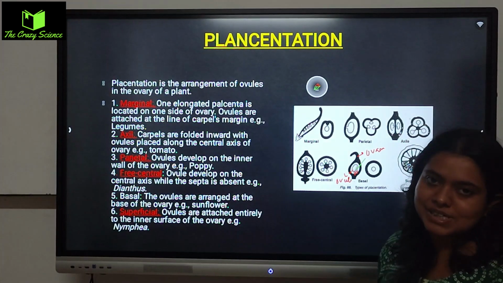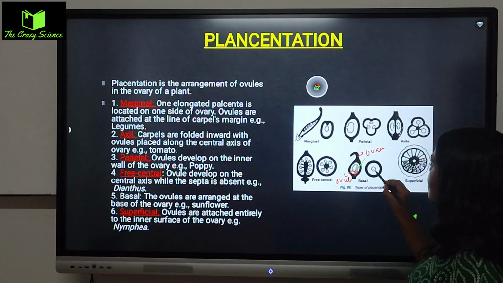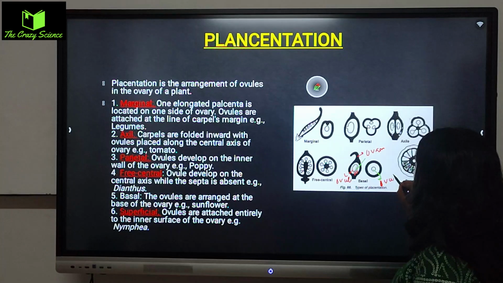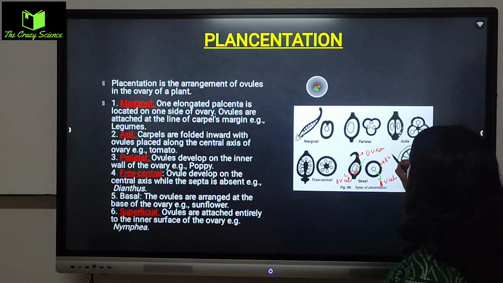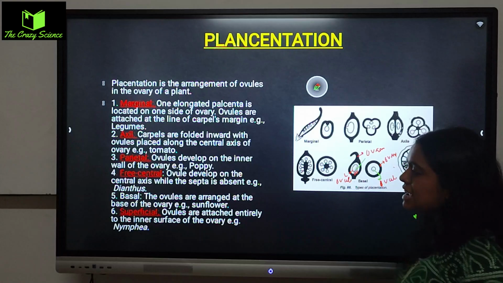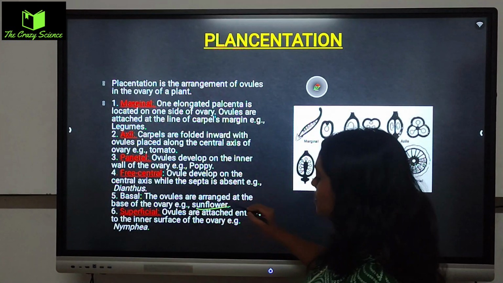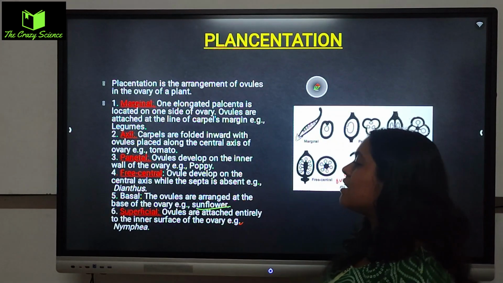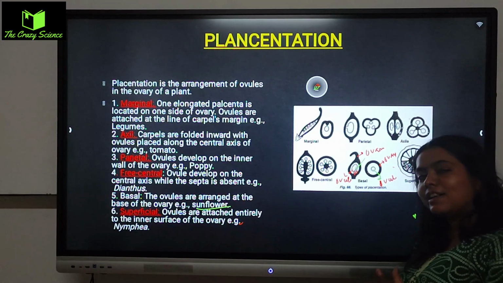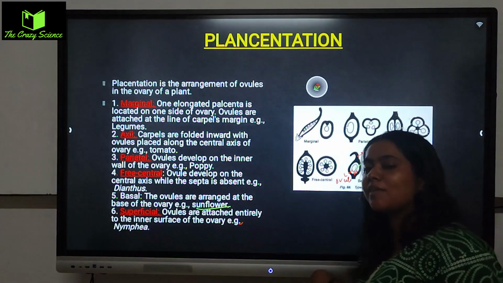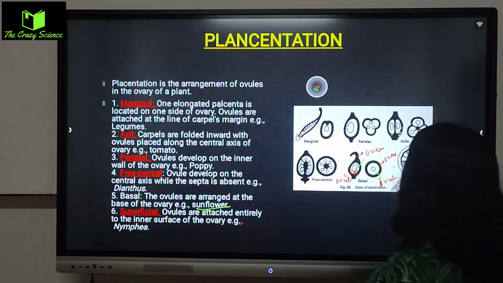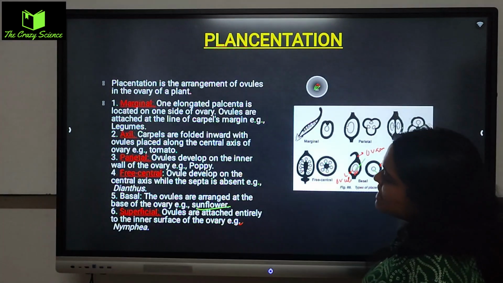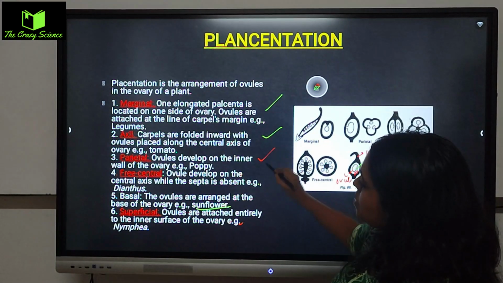Okay, this is called the vessel. যদি আমি ভালো করে দেখি, this is called the ovule, and this black one is called the ovary. All right, and this one you will get to see in the sunflower. নেক্সট ইজ সুপারফিশিয়াল, ওভিউলস আর অ্যাটাচড এন্টায়ারলি টু দ্য ইনার সারফেস অফ দ্য ওভারি। একদম ভেতরে থাকবে, টোটালি অ্যাটাচ থাকবে। এই যেটাকে বলে সুপারফিশিয়াল, নিমফেনা টাইপ অফ প্লান্টস আমরা দেখবো।